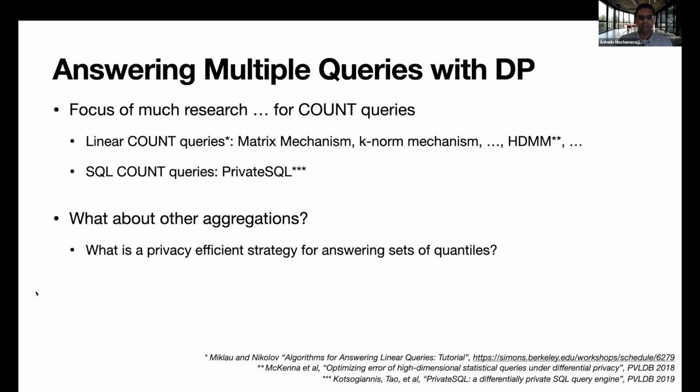You might have heard of the matrix mechanism, the HDMM, dual query, the multiplicative weights exponential mechanism from the last talk, right? All of these are trying to optimize how you answer many, many linear counting queries on the data set so that you can get the maximum accuracy for a privacy budget.